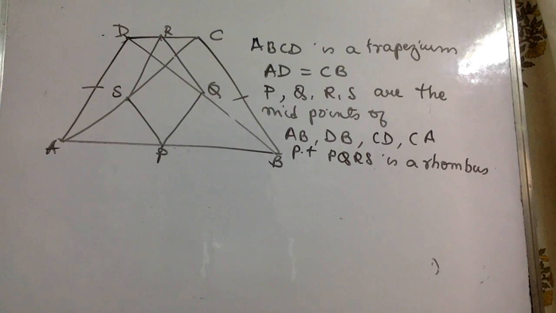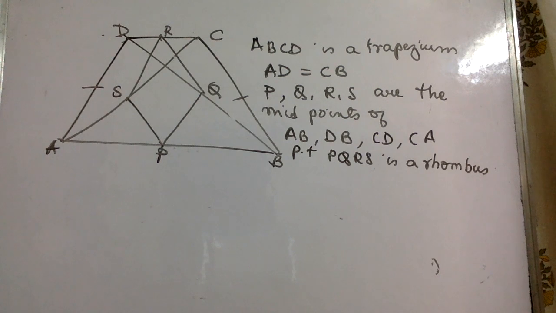Now before I even start with the sum, I want to tell when do we say that a particular figure is a rhombus. We can say a particular figure is a rhombus when all four sides are equal. We don't have to prove anything else. We don't have to prove it's a parallelogram. Simply in a quadrilateral, if all four sides are equal, we can say it is a rhombus. Another thing, if it is a rhombus and beyond that, if you want to prove it is a square, then go ahead and prove that the angles are 90 degrees. But if you prove only that the four sides are equal, it becomes a rhombus. Okay, so here,